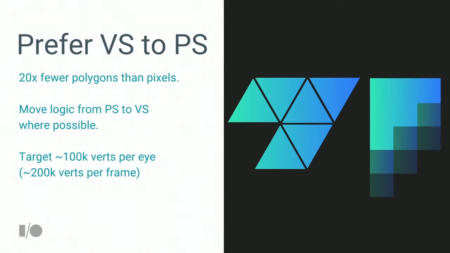In general, though, you want to prefer the vertex shader to the pixel shader. Modern GPUs are homogeneous. Whether they're processing verts or processing pixels, it doesn't matter too much. They will do whatever you tell them to do. But there's often 20x fewer vertices on screen than there are pixels on screen. And so if you can do something per vertex rather than per pixel, that's a 20x reduction in the amount of compute the GPU has to do. So when you look at your shaders, get involved, understand what they're doing, and anything you can move to be per vertex and interpolated, even if it's not quite as perfect, is probably a giant win